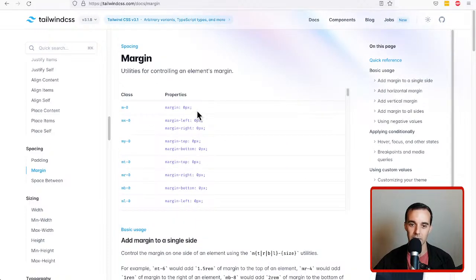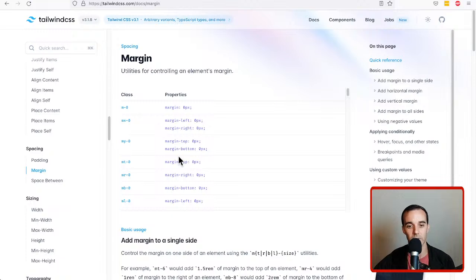What you don't necessarily get out of that is what margin was. You may not have even known that this is the name of the spacing that goes around elements. You can think about it if you think of the margin in a book. You could get there. That's where knowing CSS would be to your advantage. But check out the docs themselves. They tell you what their class name is, and then they tell you what it maps to in CSS, which is pretty brilliant, I think, as a way to both learn Tailwind and learn what CSS